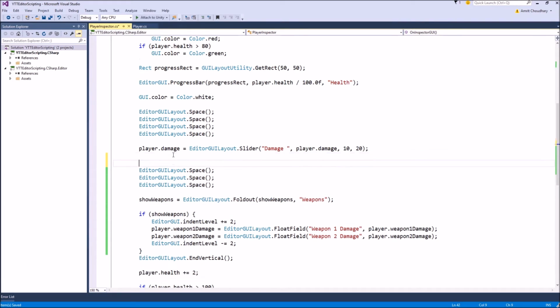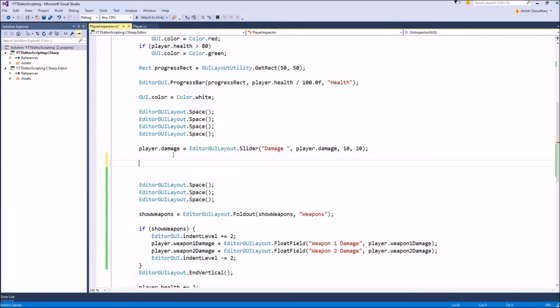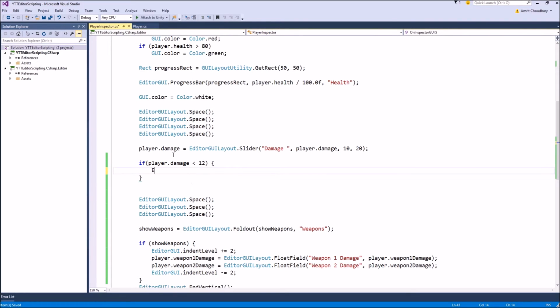Let's take the example of this damage. If player.damage is, suppose, less than 12, you can show a message box using EditorGUILayout.HelpBox. Sorry, it's not message box, it's called help box.